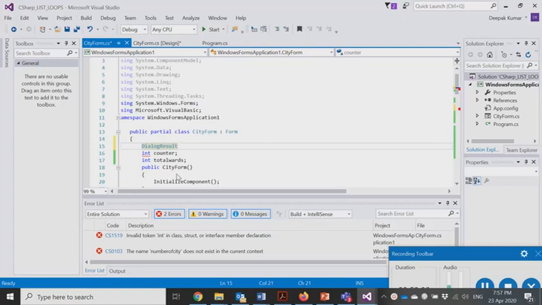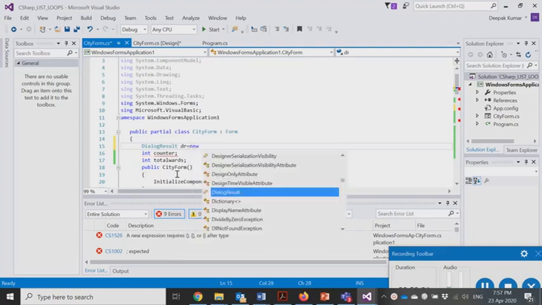So dialog result is a class, and we are instantiating an object variable of that, which we are calling dr. It can be any name, you can give it any name you feel like. So we have dialog result dr which is equal to new, which is what is called a default constructor to create or to instantiate any variable. So while we are declaring it, we can also instantiate that object variable using the new keyword.